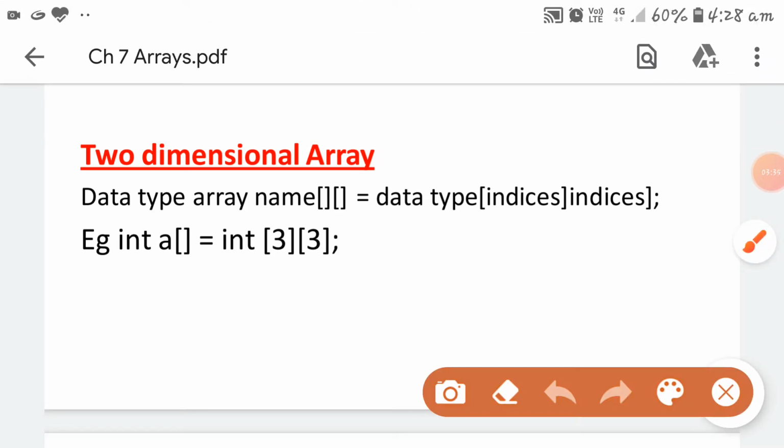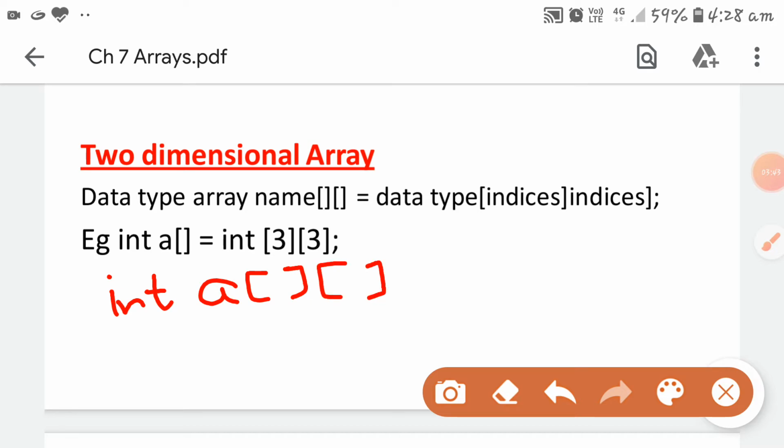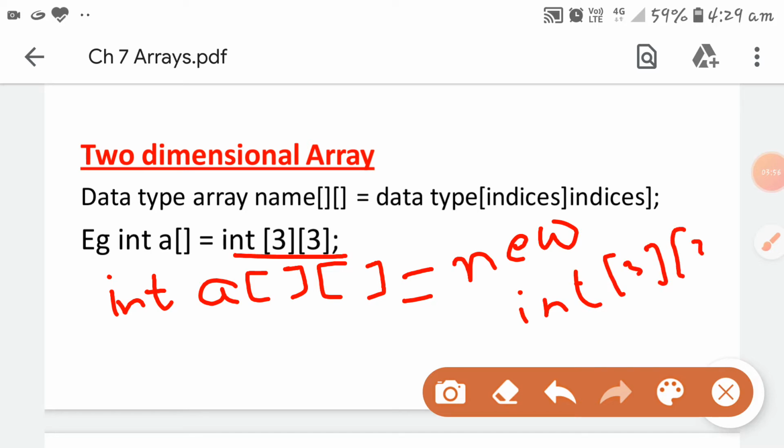So the correct is int a, then 2 square brackets must be there. Then after that put the equal to sign. Then the second mistake, new is not written. New int 3 by 3. This is the correct way.